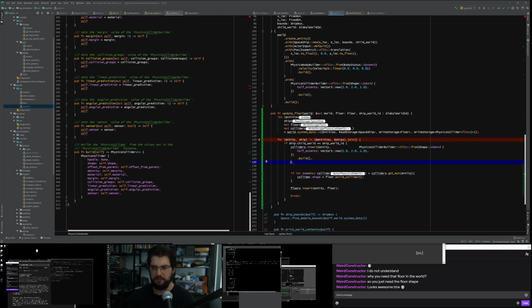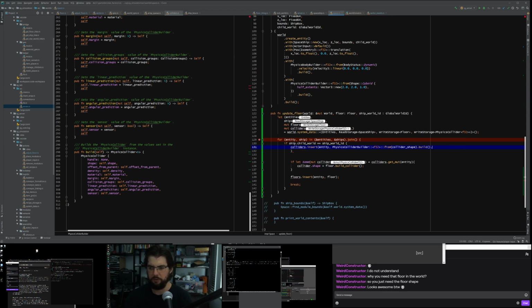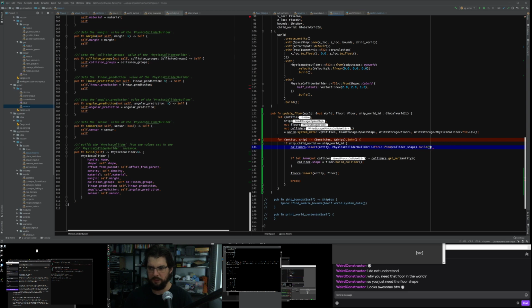I just pasted that there, and it's from here, and for from we use collider shape. I'll just use a variable that I've just made up called collider shape, and then you call build on the builder and immediately pass it into insert. So that's how we're going to update the collider.